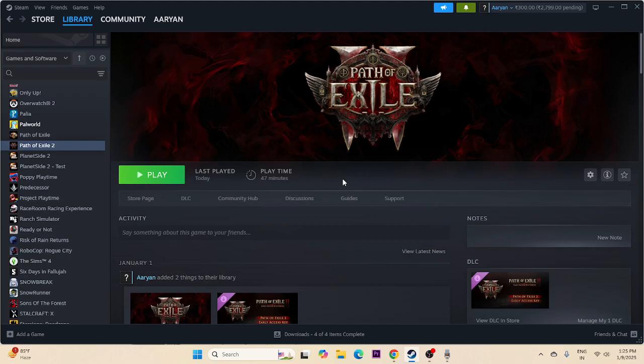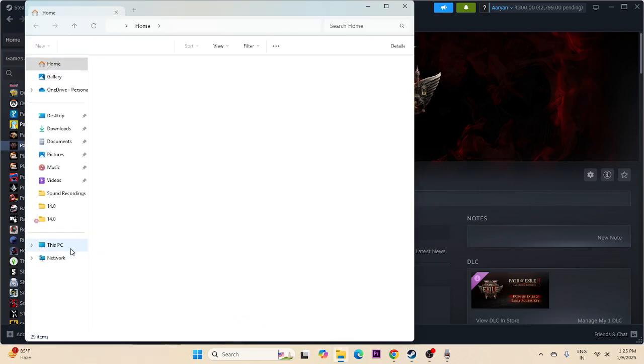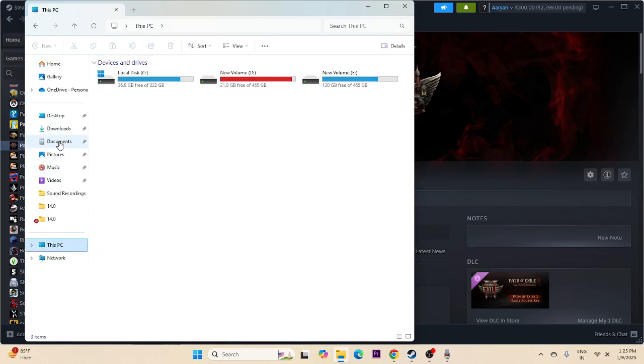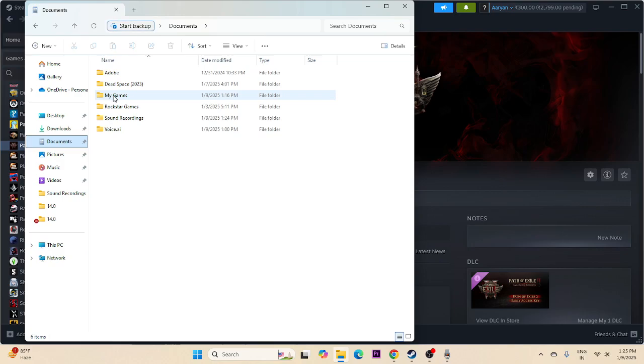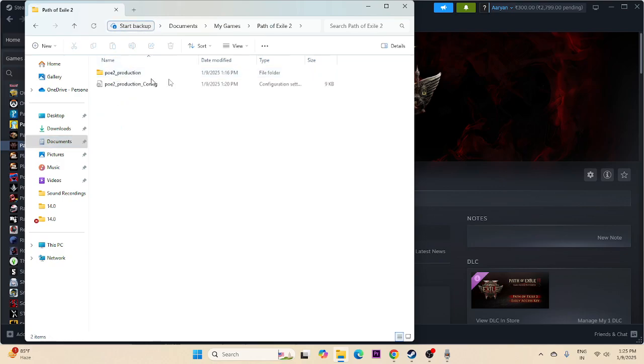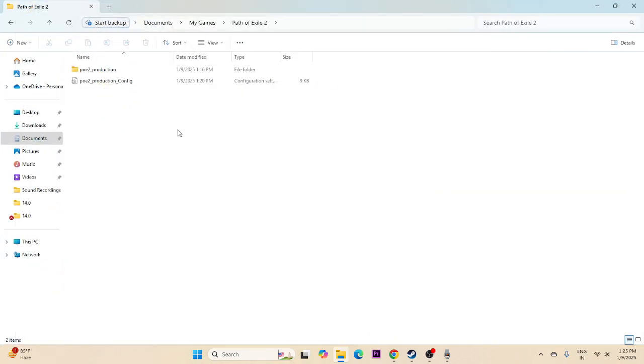Next, we need to make a very few changes, and keep in mind, this particular step did work for many users. The step is that we first try DirectX 11 or VULKAN. To do this, go to the File Explorer, then This PC, navigate to Documents, then My Games, then Path of Exile 2. I'm going to maximize this. Now select this one,